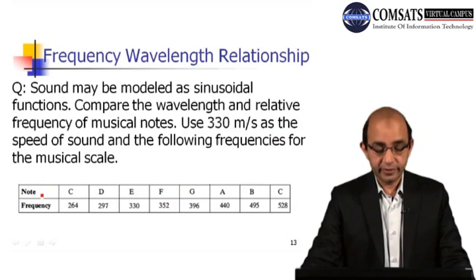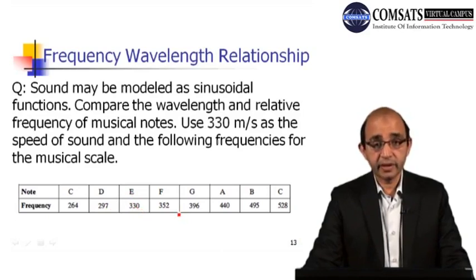And here we also have the frequencies of different notes. For example, note C 264, D 297, and here we have E 330. So a difference of 33 for each note,